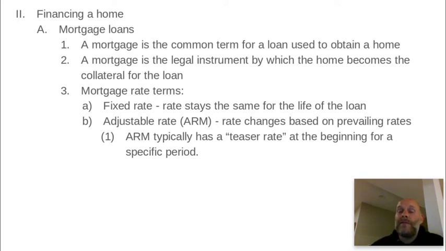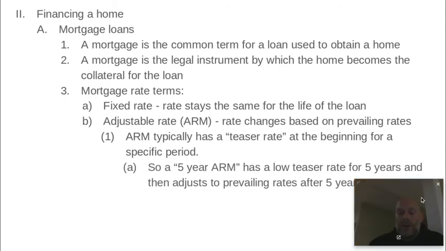These are typically very beneficial for lenders because in a rising rate environment, they won't be stuck with a mortgage for 30 years that's at a very low rate from 30 years ago. So they're better for banks, not always better for you. I mean, if rates go down, then it's better for you, but if rates go up, it's not.